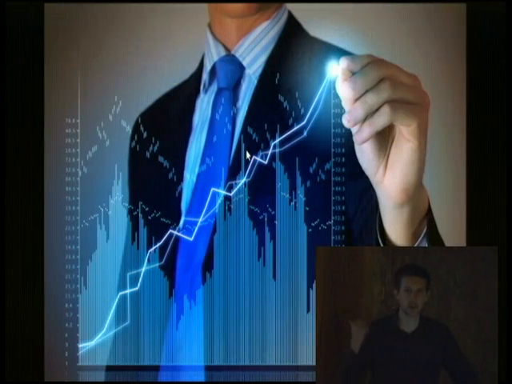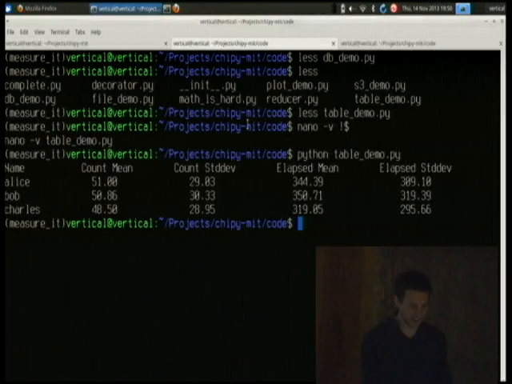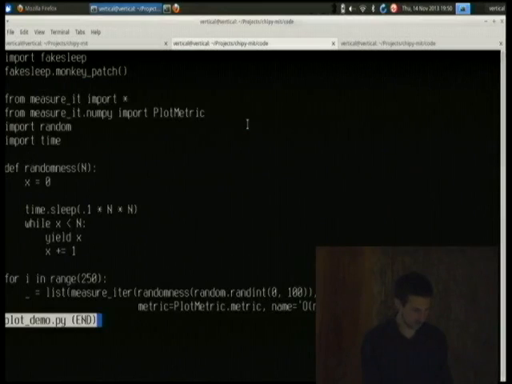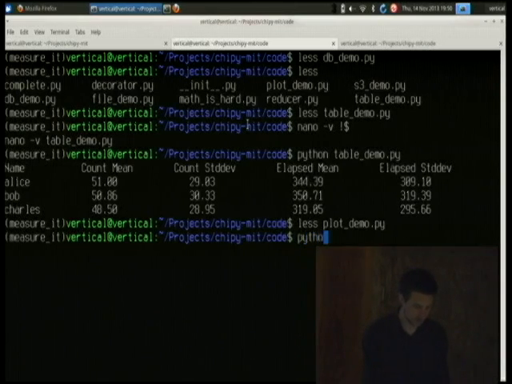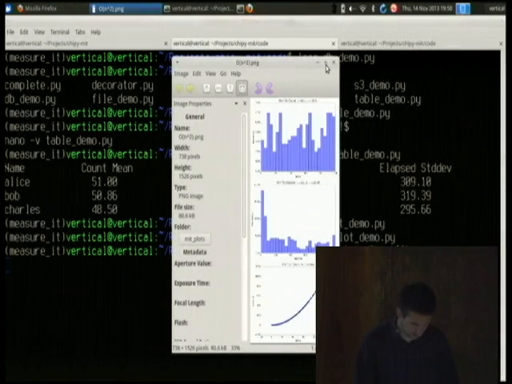Everybody likes graphs, particularly when they're going up and to the right. And there's a plot demo. Chicago's crime rate. So again, very similar, we've got a loop and we're just going to slam it through some random data. And so this doesn't look like it did much, but